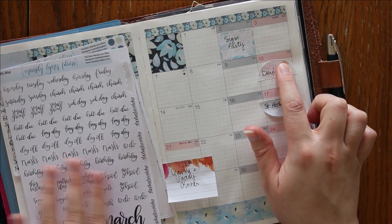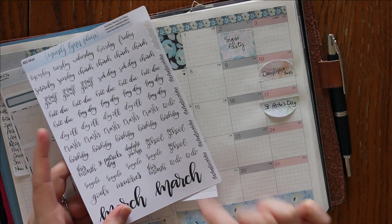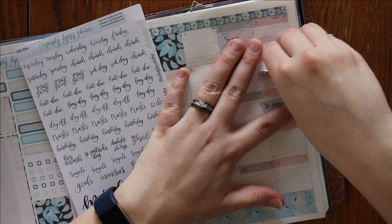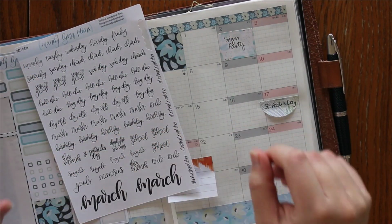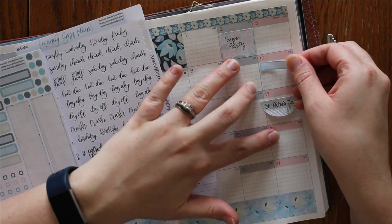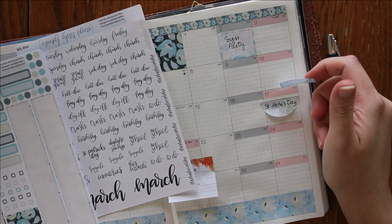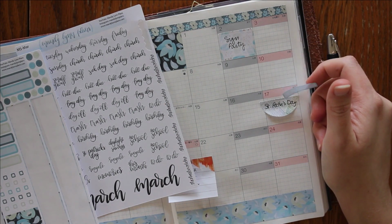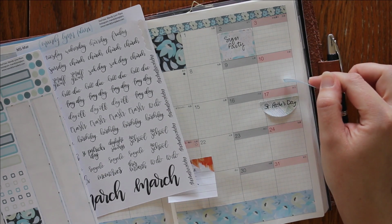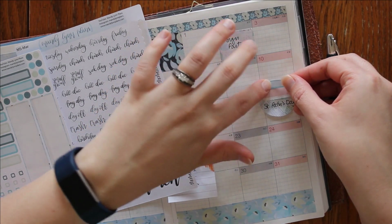And then we have daylight savings here, and I do have both the holidays in this month. So daylight savings and St. Patrick's Day are both on this spread. We'll start with daylight savings. I'm gonna pick a blue. Actually, Sunday is gonna be really packed with church and choir. We don't have small group this day. So maybe I will go ahead and put it at the bottom here